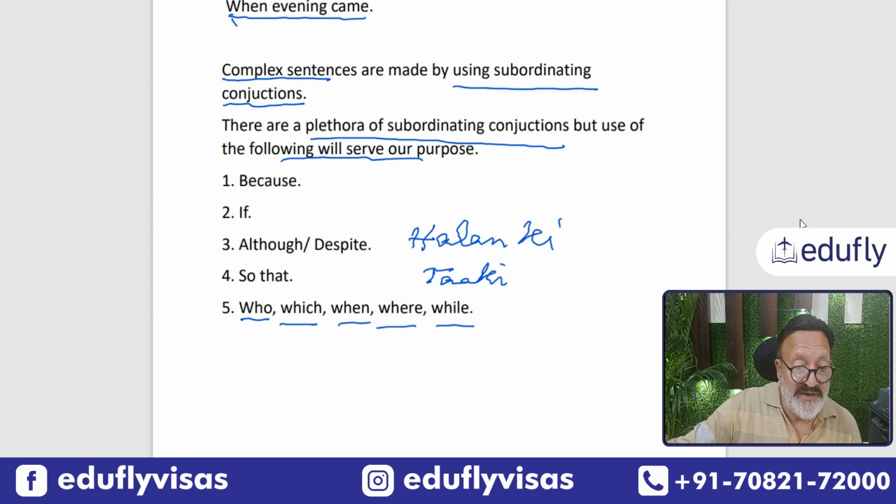So now that we know how we can make compound and complex sentences and what vocabulary we can use, I assure you that if you adopt this in your writing, you are likely to increase your score by at least 1 band, because this is given in the band descriptors, and a very easy way I'll show you how we can make these sentences for almost any topic.